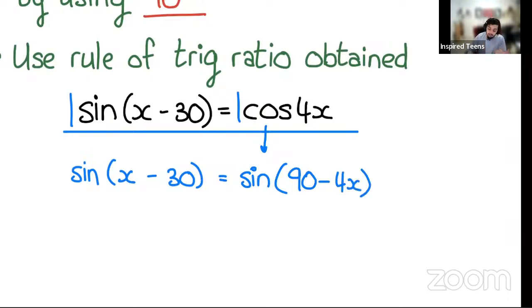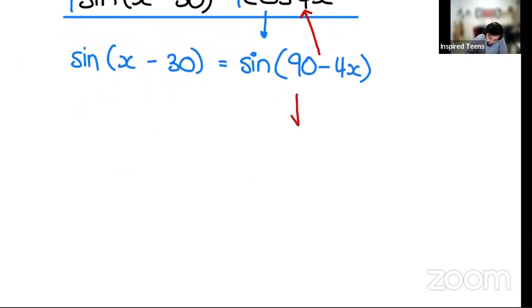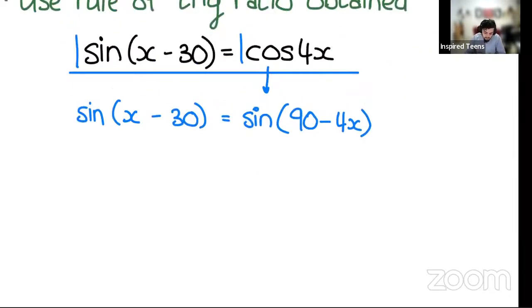Okay, and if you remember from reduction, you'll notice that sine of 90 minus 4x is actually the same thing as cos 4x. Because if you reduce this, 90 minus is in the first quadrant where everything is positive, and sine changes to cos. So it actually reduces to cos 4x. It has the same value. Just keep that in mind. I didn't change the value of anything, but I used this 90 minus reduction to change cos into sine.